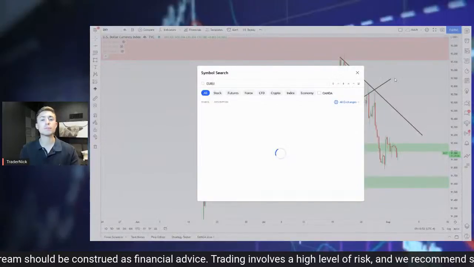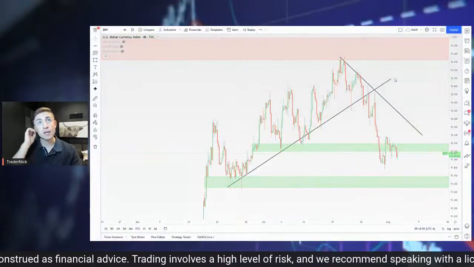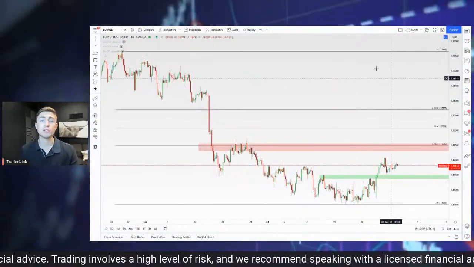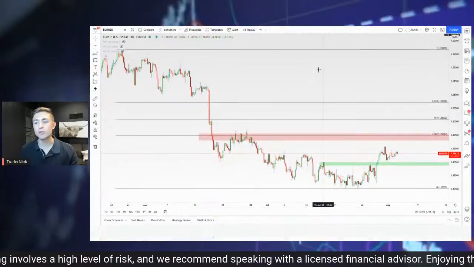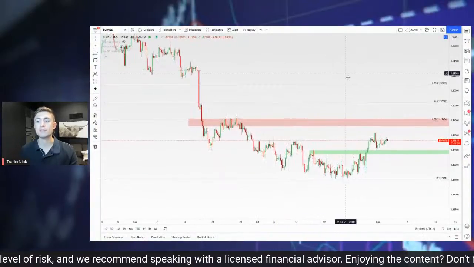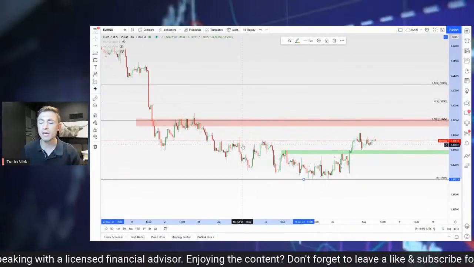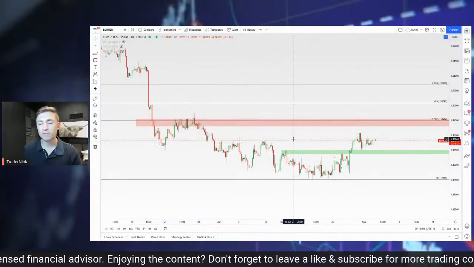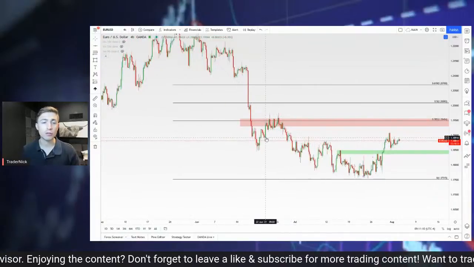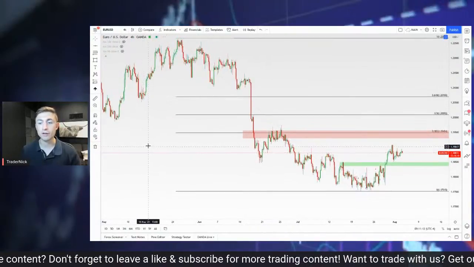But with that said, we'll jump into some of the individual USD currency crosses to see what we can come up with. So here's the Euro dollar. The Euro dollar is still finding a little bit of a push to the upside. Not my favorite pair personally right now, just because I'm not a big fan of the euro either. Though I'm not a fan of the dollar, not a fan of the euro.